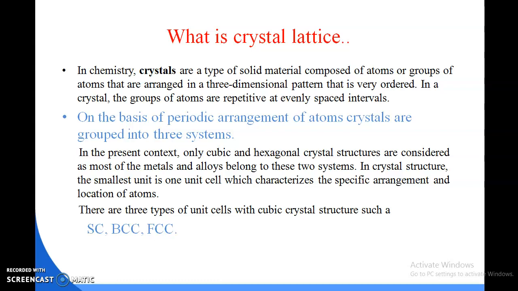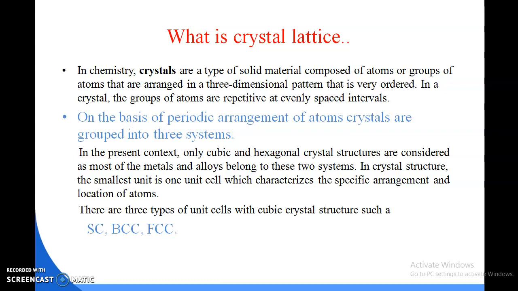So, on the basis of periodic arrangement of atoms, crystals are grouped in three systems. In the present context, only cubic and hexagonal crystal structures are considered, as most of the metals and alloys belong to those two systems. In crystal structure, the smallest unit is one unit cell, which characterizes the specific arrangement